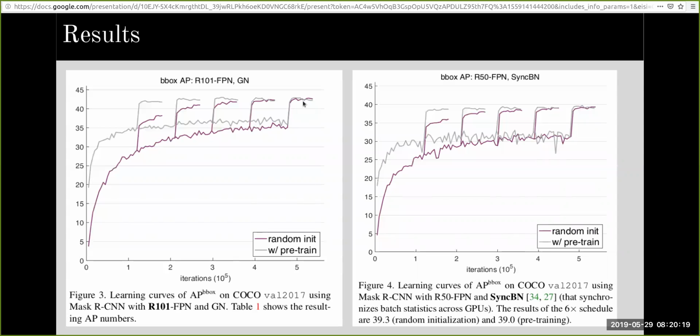That is why for the last schedule here, which is 6x, we see that the accuracy of the model trained from scratch is almost the same as that of the fine-tuned model. So these are the plots comparing the results of both a pre-trained model and a randomly initialized model.